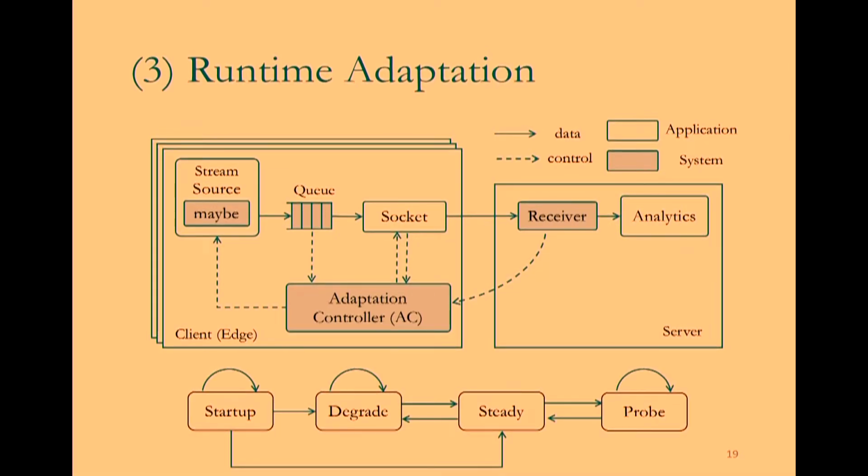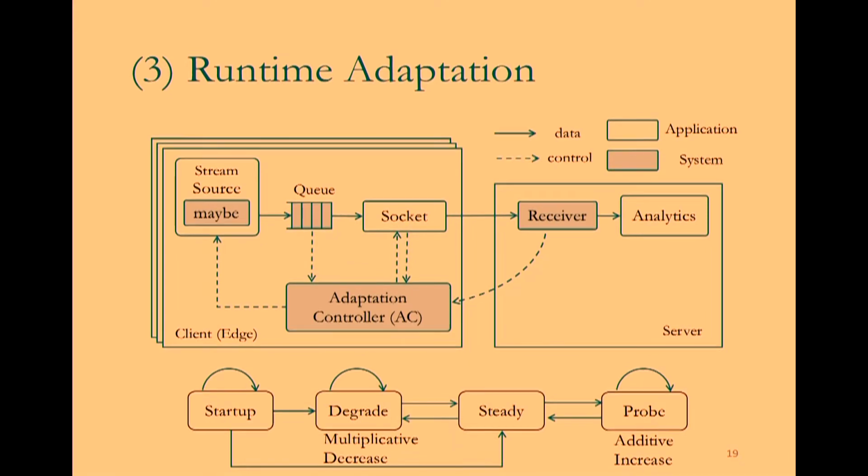Now, the adaptation algorithm is shown as a state machine here, and it's somewhat similar to TCP adaptation. So they have 4 states: startup, degrade, steady, and probe. So the degrade phase is similar to multiplicative decrease of TCP, while the probe phase is similar to additive increase. So in the degrade phase, they degrade the accuracy such that lower bandwidth is used, and then they try to probe for more bandwidth by sending some dummy traffic. Okay. Now, what is unique about AWStream is that they have a profile that characterizes the application performance, and when adapting, AWStream pinpoints to the right configuration.